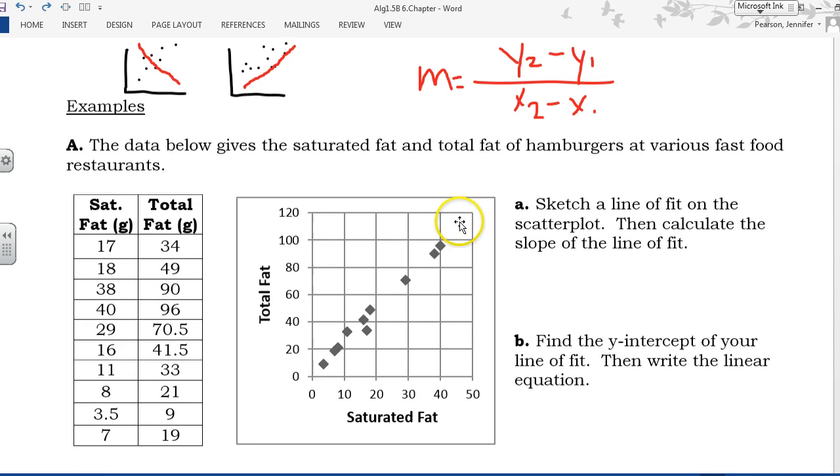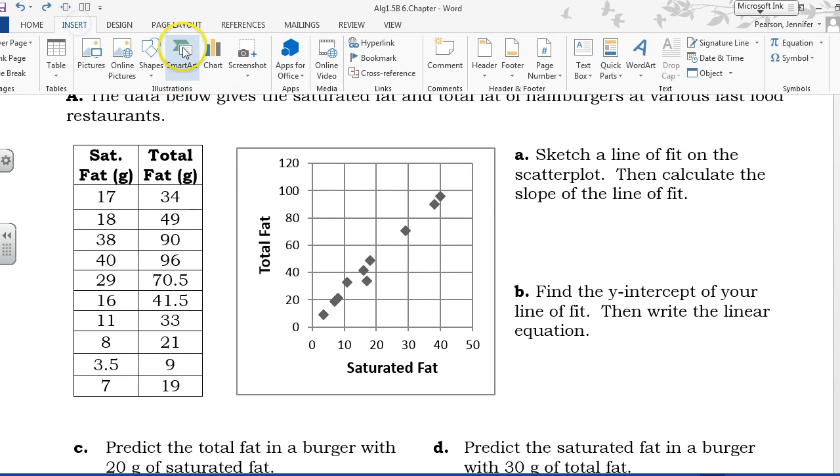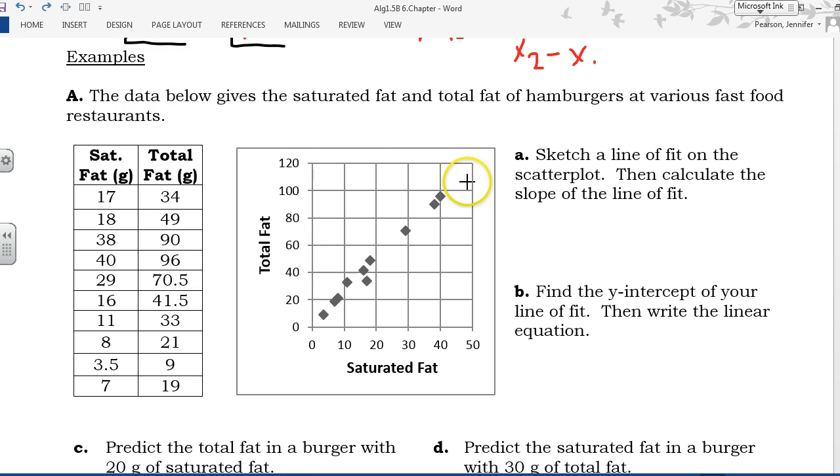Try again. Close enough. So if I want to get a line of fit for this, an equation for this line, I need the slope, and then I need the intercept. So for the slope first,